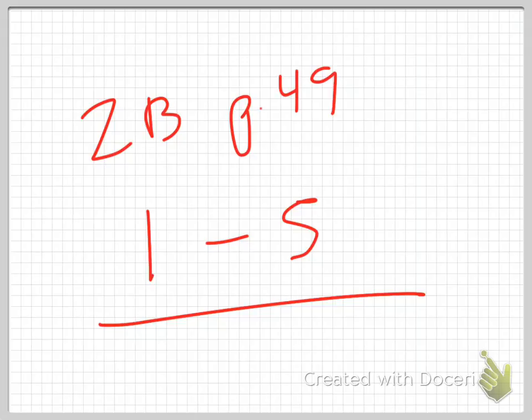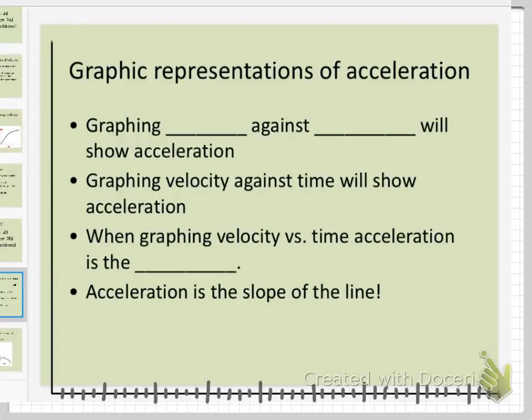And then we'll continue on because I want to talk about graphical interpretations of acceleration, and graphic representations of acceleration. Do you notice some peculiar symmetry here? Yesterday, we started off with the very basic average velocity problems, and then we talked about graphic representations of average velocity. Now we did the very basic average acceleration problems, and we're going to talk about graphic interpretations of acceleration.